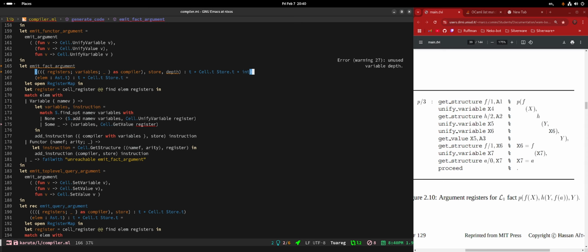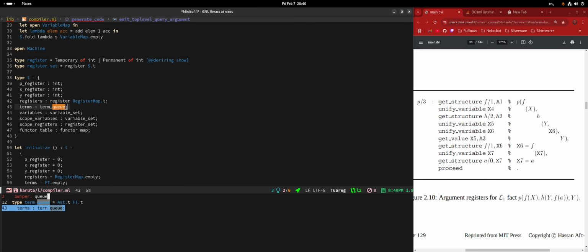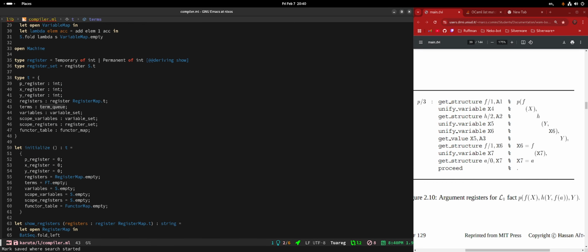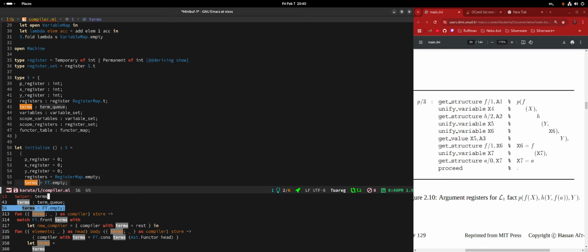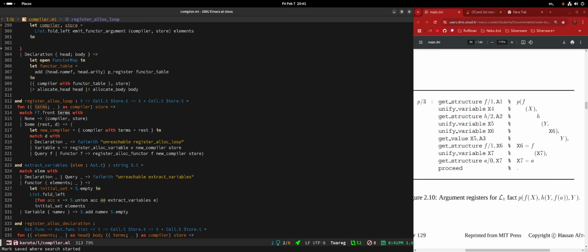We're doing this somewhere else already, where we have a finger tree that we're using as a queue, where whenever we reach a nested element that we need to process, we put it at the end of the finger tree, and then after we process the current element, we pop an element from the left and work on that next. Okay, so term q. Wait, are we not using the term q? Oh, terms. Okay. Something like this.